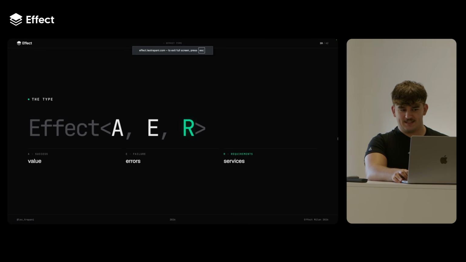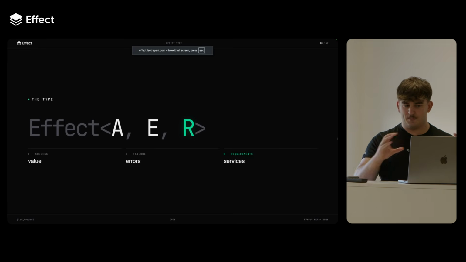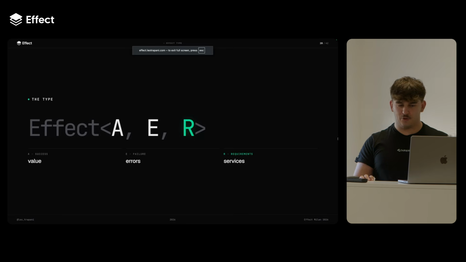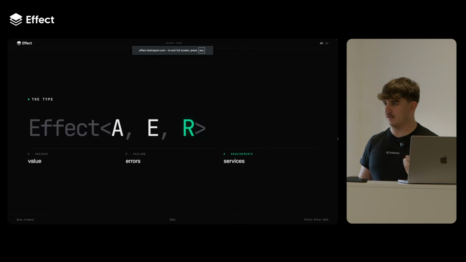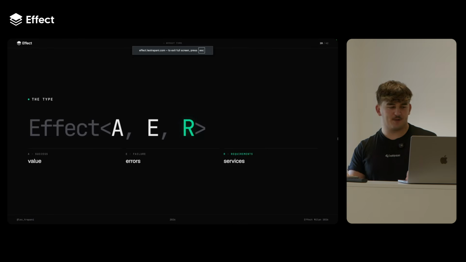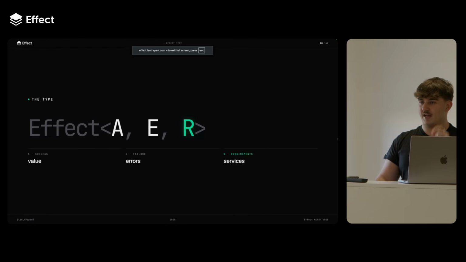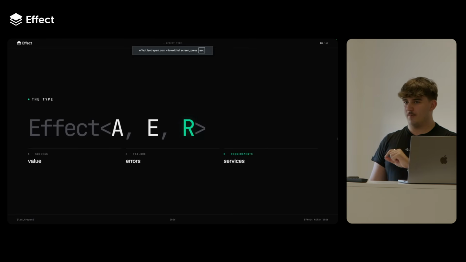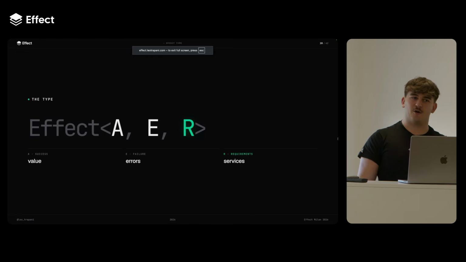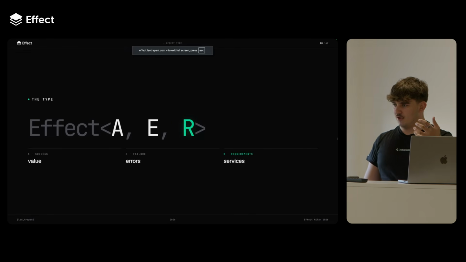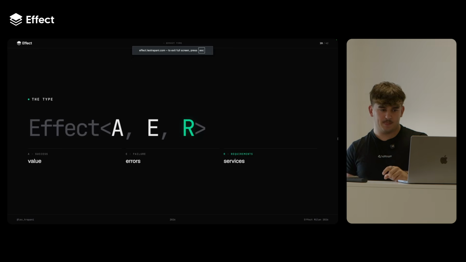First of all, what is the Effect type? The Effect type is the description of a piece of program. It has 3 type arguments. The value channel, which is just the return type of a function, basically, if you look at the promise world. Then the particular thing is that it describes errors. So in every point of the code base, you don't just know what the function returns, you actually know what can go wrong in the single moments of the code base.